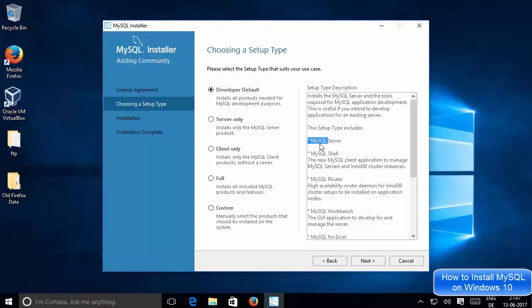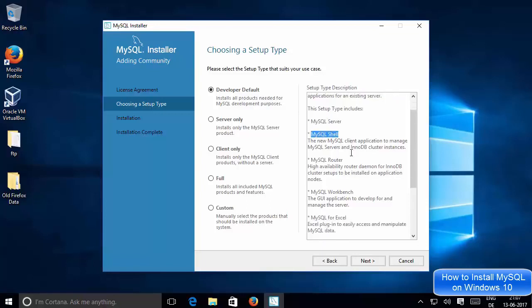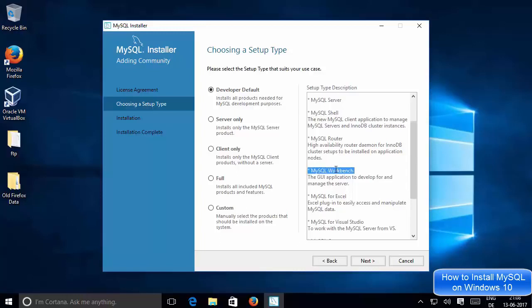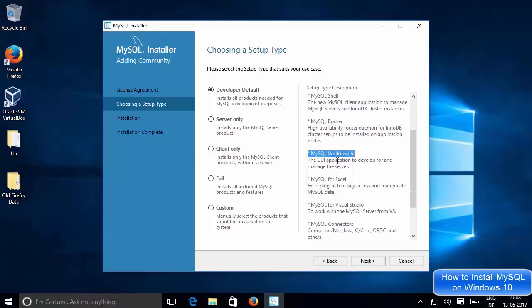So here is the MySQL server, then you have the MySQL shell, then it will also install MySQL router, MySQL workbench, which is a GUI version of MySQL client, which you can use to create tables or create databases and interact with databases. MySQL for Excel, so it will allow you to download the connector for Excel programs.